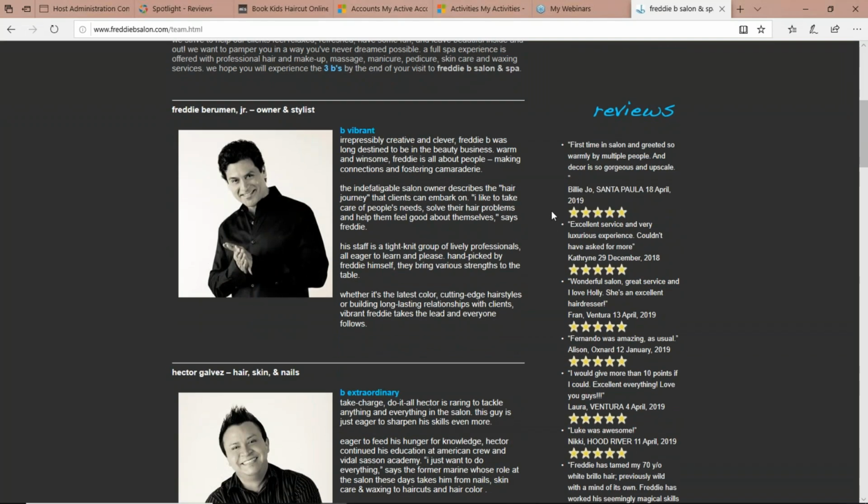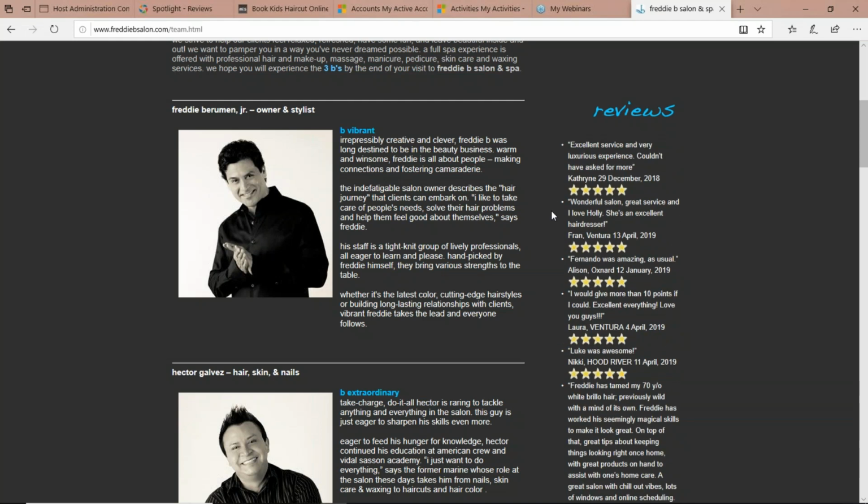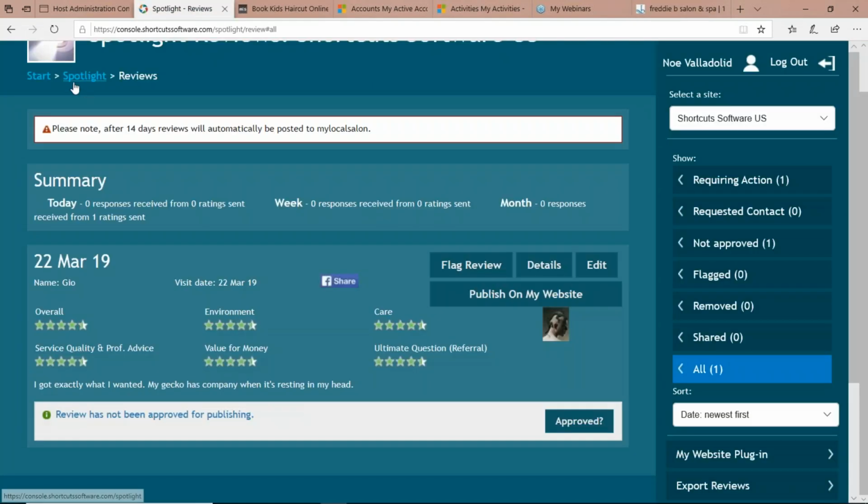If you notice, every few seconds, Spotlight will automatically scroll to the next survey. This isn't some fancy thing that Freddie paid his web team to do, creating some amazing script where the surveys appear, the name and the star rating appear, and then they scroll to the next one. If you have a web page, Shortcuts actually has the code that you need to do the exact same thing. So if we go back to Spotlight,